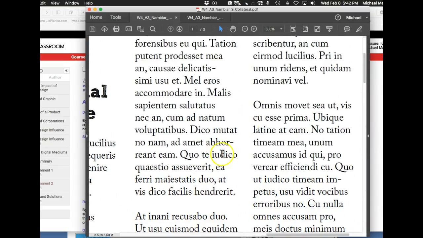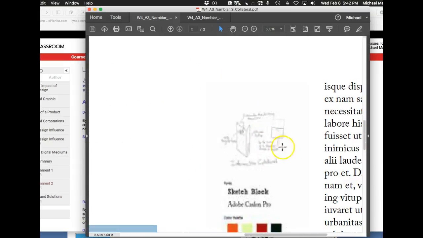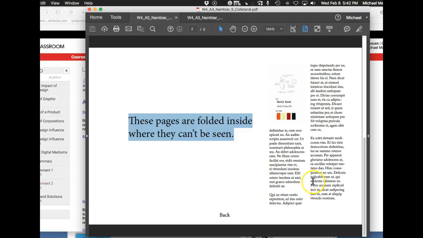Sorry, gosh darn it. Right here. But I don't know what that is. It's really difficult to see. So maybe if you could just follow up on that when you post your